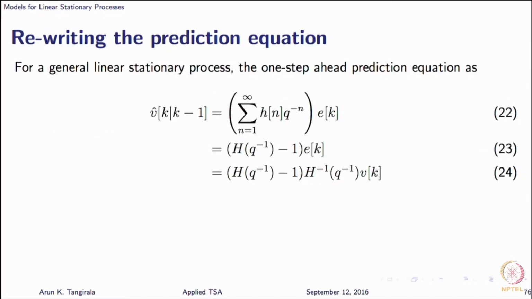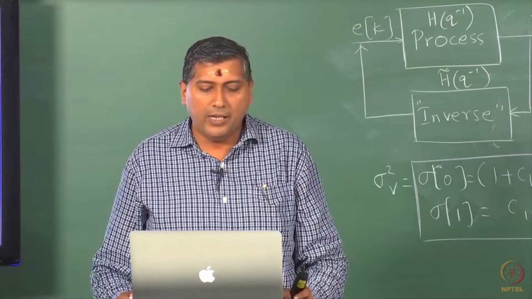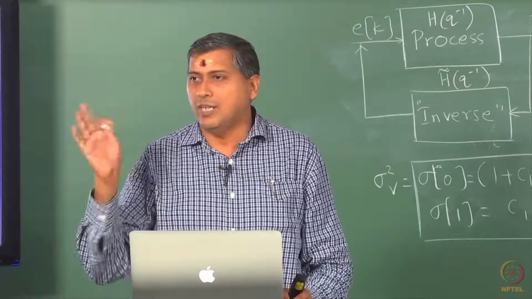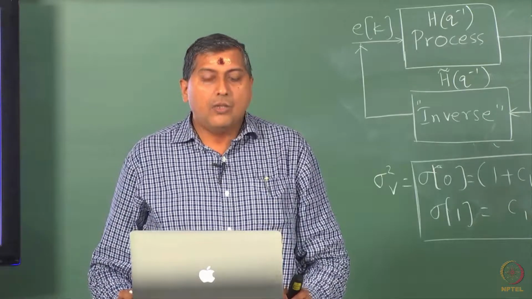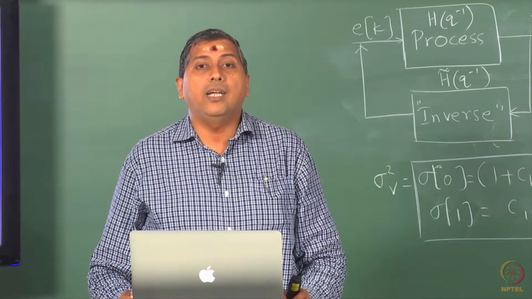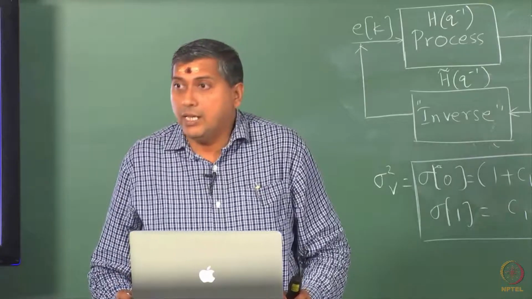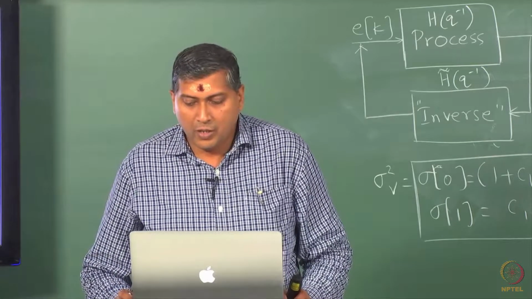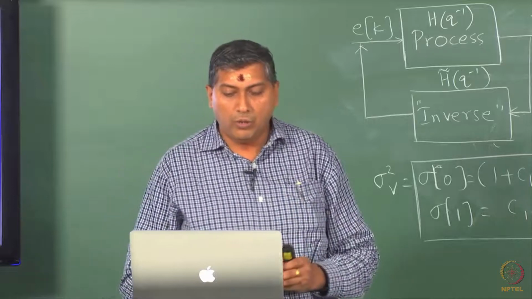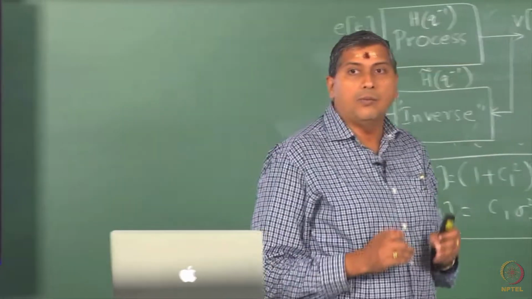So, what you do is you say V hat of k given k minus 1, it does not matter whether you have V at k plus 1 given k, whether you are predicting k given k minus 1 or k plus 1 given k, it does not matter. So, what I have done here in writing the prediction equation for Vk given k minus 1, if you look at equation 22, is that I have thrown away,